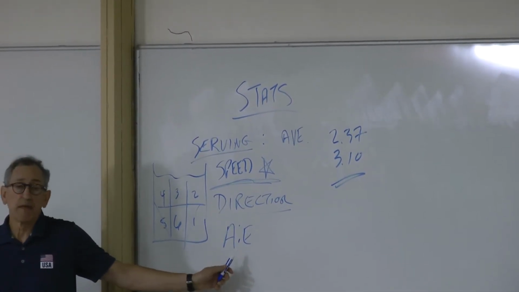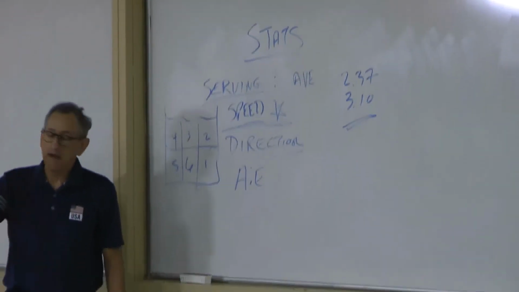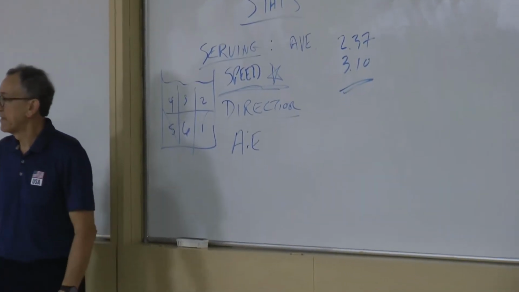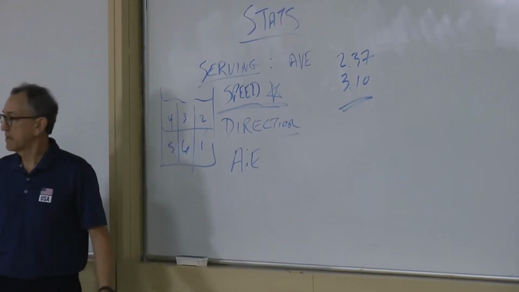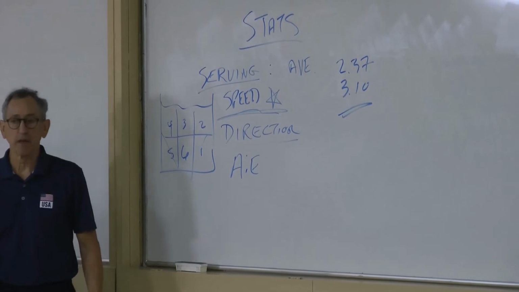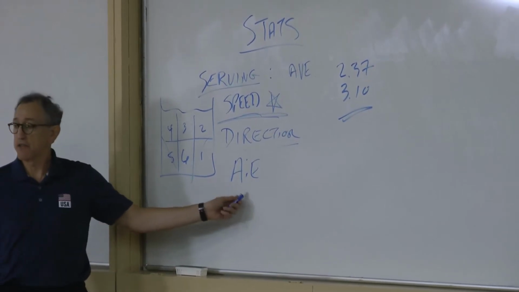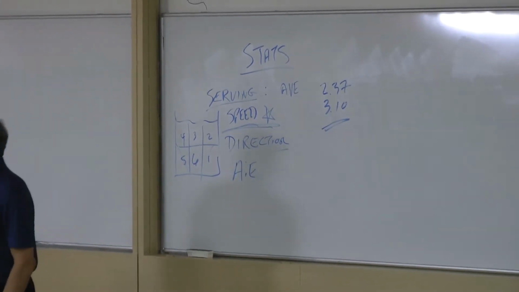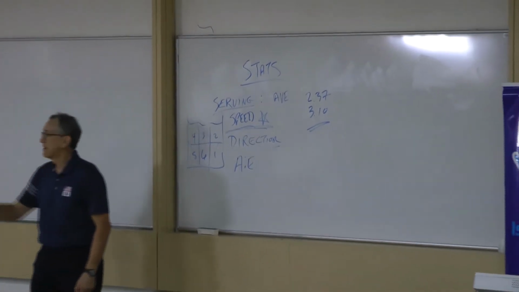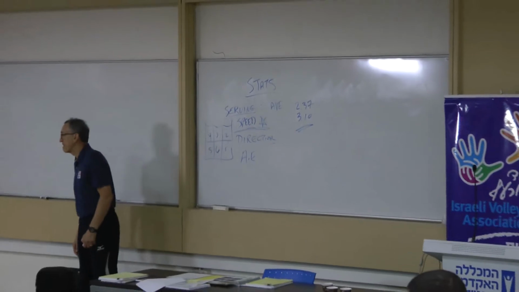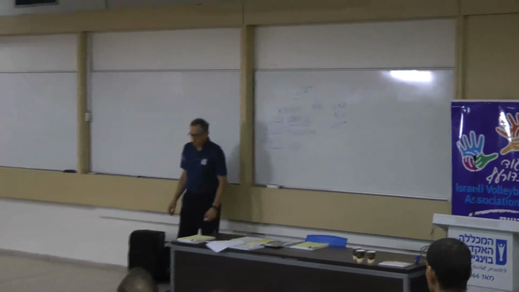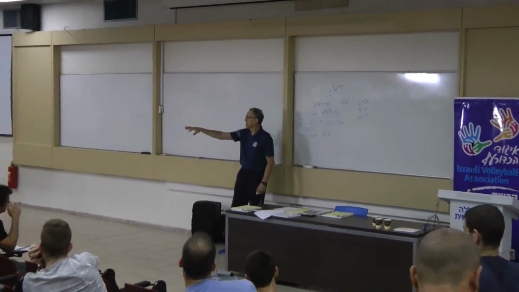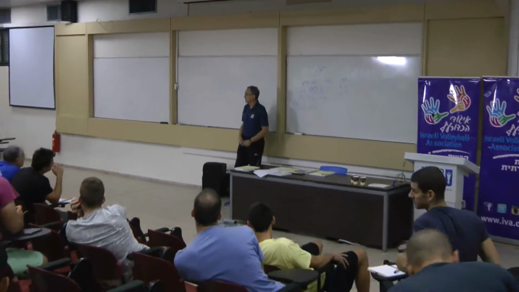You know? And this is a statistic that FIVB uses all the time. Kind of a crazy statistic, but they use it, and they pay a lot of money to players who have the highest ace ratio. And they might be the worst server, but they score a few more points. Yeah. How many points make each position rotation? Yeah. Let me get to that in a second, but that's actually right.